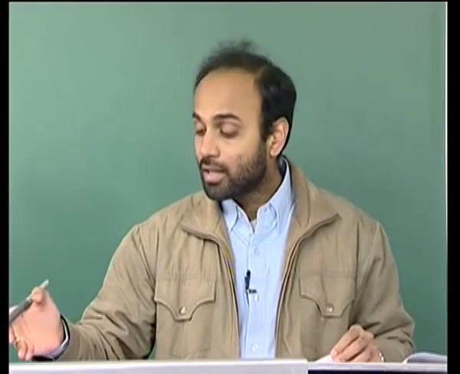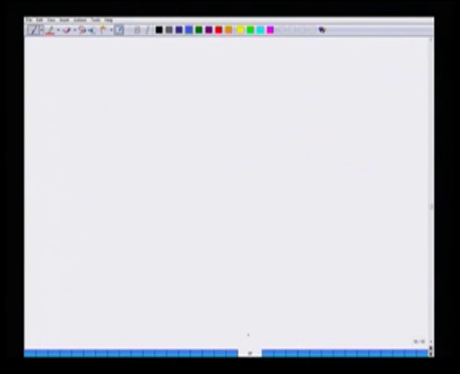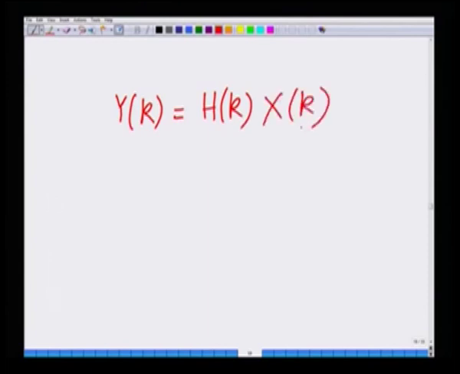This is nothing but the kth subcarrier, and what we are saying is the symbol transmitted on the kth subcarrier is multiplied by hk, the coefficient of the kth subcarrier, and that is the received symbol. So, we have yk equals hk into xk on the kth subcarrier,